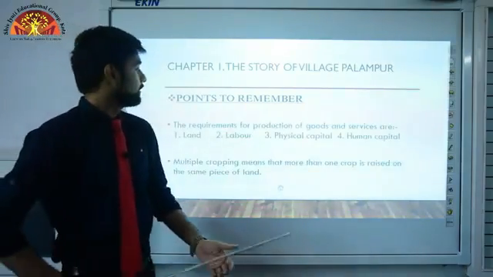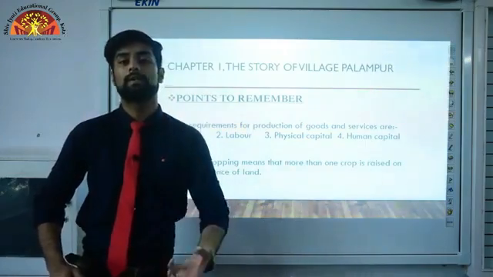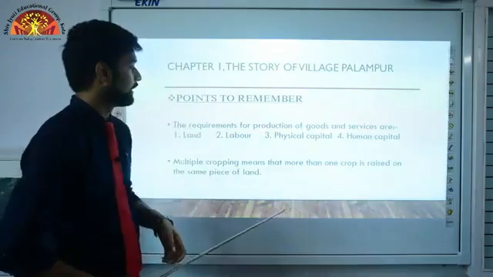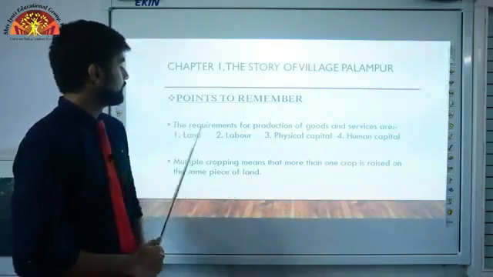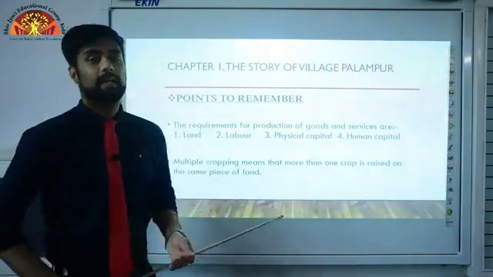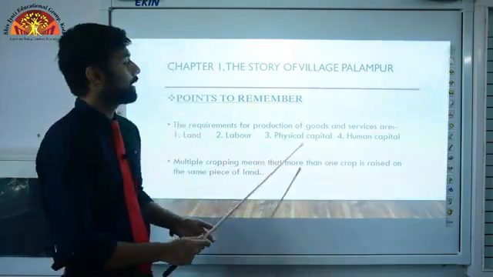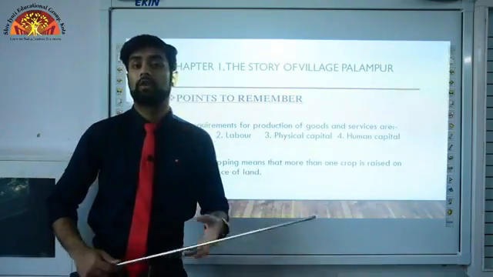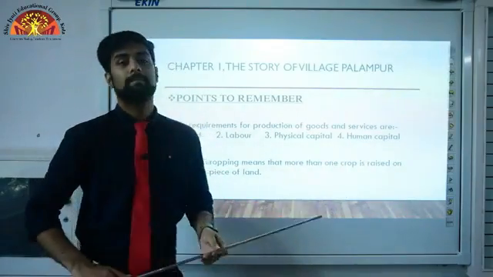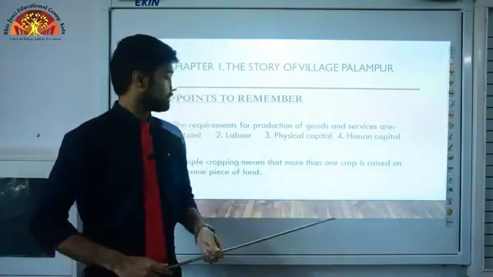Next point, the requirement for production of goods and services. If you want to produce goods and services, अगर आपको एक factory में goods और service देना है, तो आपको 4 चीज़ों की ज़रूरत होती है. You require these 4 things, which is land. That means a place where you can build your factory. Second is labor. Labor are the people who work there. Then physical capital is required, such as raw materials, water and other stuff. Then we have human capital, means the people who will be working there. Okay, we'll learn about human capital as well in a bit.